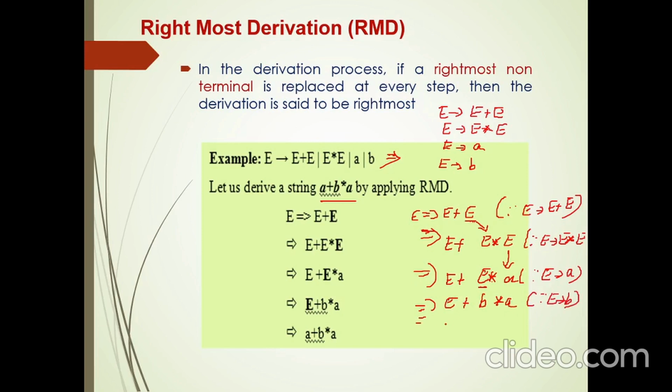And finally, we have only one non-terminal remaining. That itself is the rightmost as well, in this case. So this needs to give you, before plus, operand A. So that's why I apply this production. A plus B star A, since E gives A. This is about the rightmost derivation. And for this same problem, you can even find a leftmost derivation.